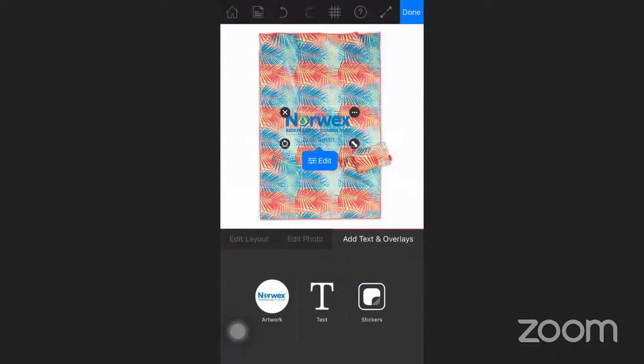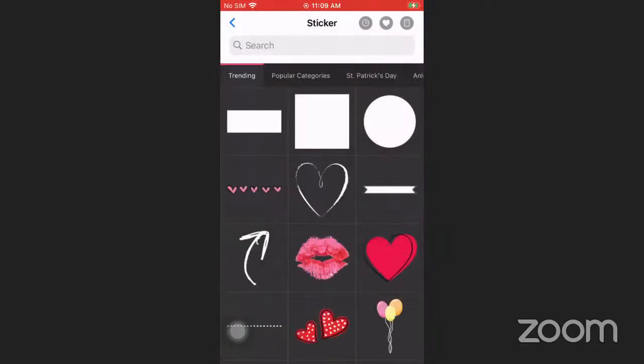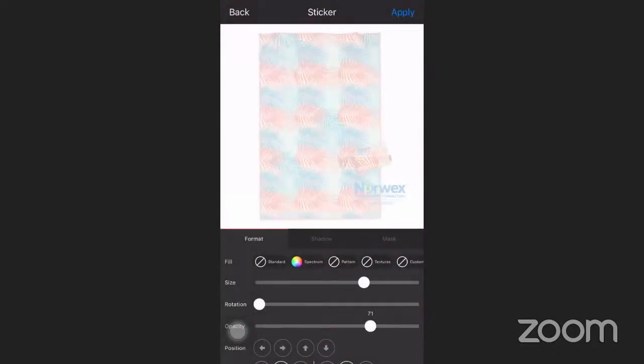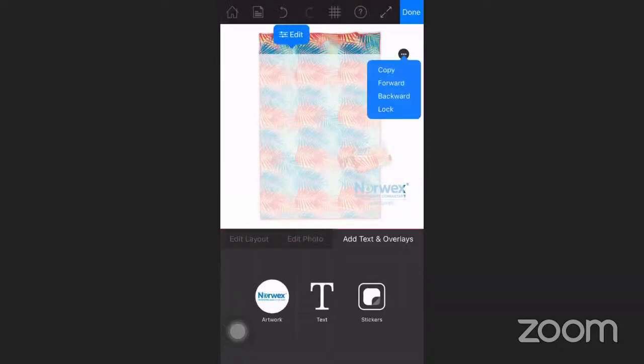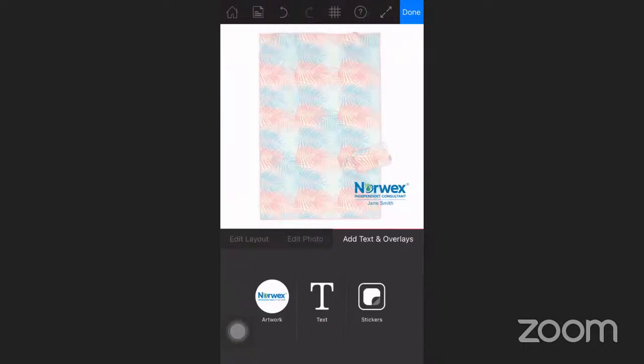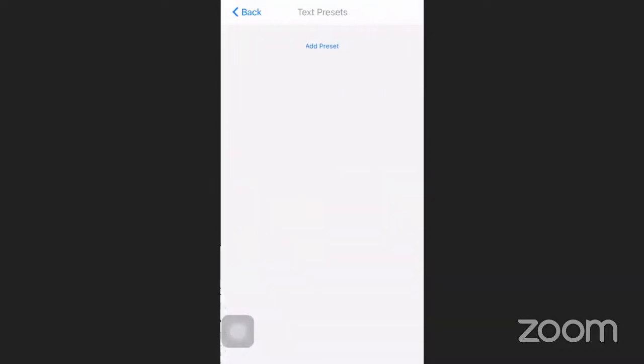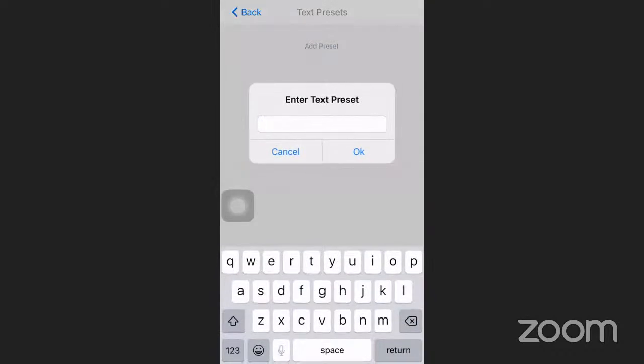So that's probably not the best image to use over here. Let me go ahead and cover it up real quick, and then backwards. Okay. So, what you can do is text. It's kind of hard to see, but at the bottom of this text box here, it says create a text preset. If you tap on that,